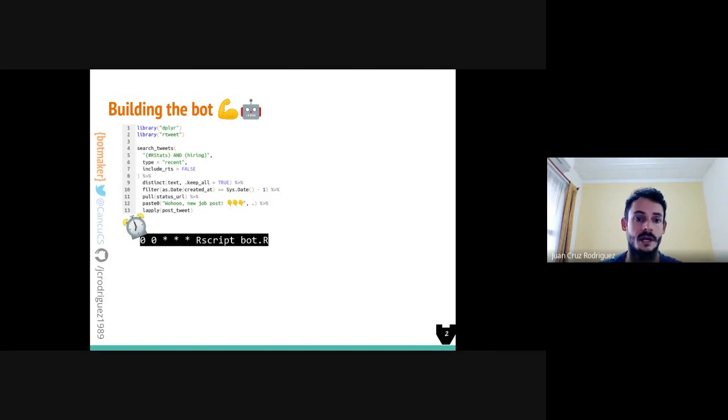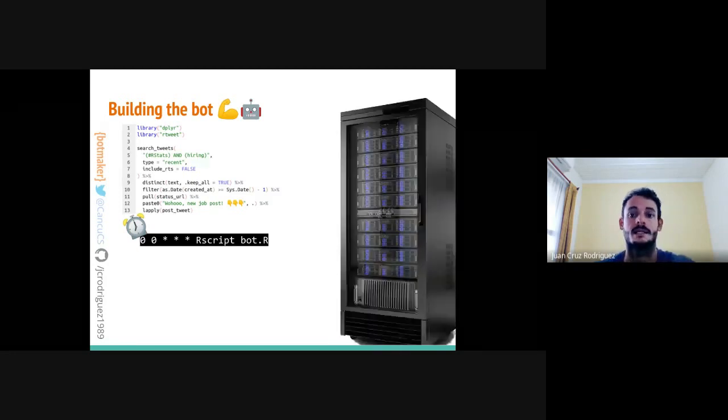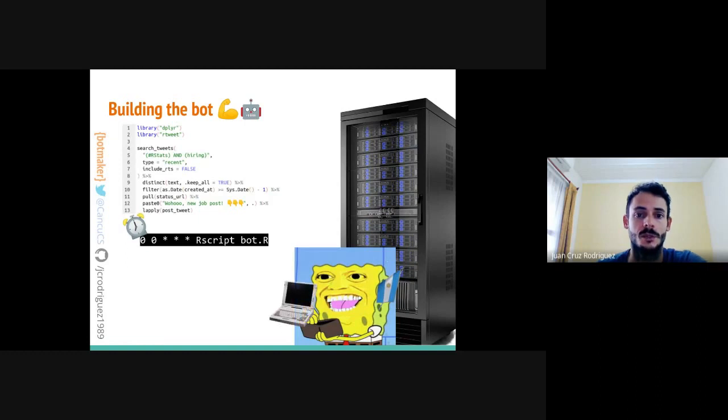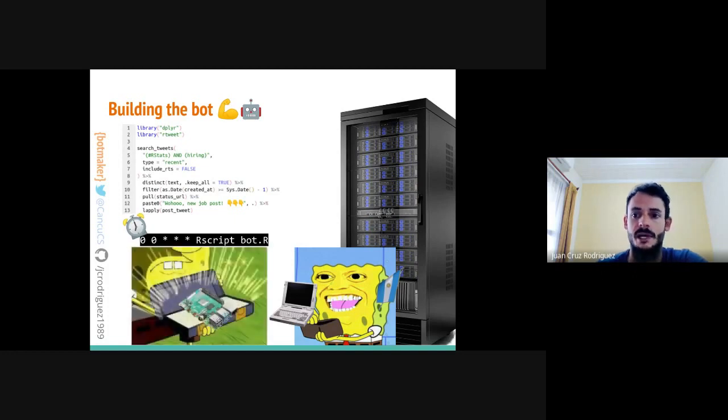So let's find our server. Well, as a Latino developer, I found out that the only choice was to schedule it on my personal computer. So my computer had to be running during these scheduling times. So what about my Raspberry Pi? Well, this was much better, but I really wanted to make bots development accessible to everyone. And I found out that the optimal solution would be to run it on GitHub Actions, and it would run at no cost.